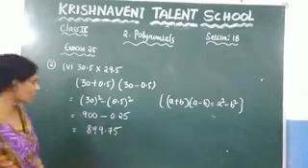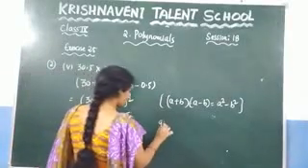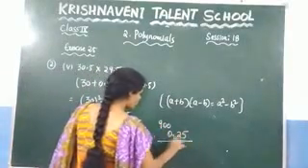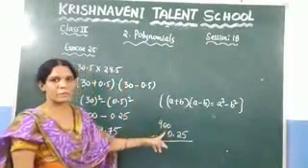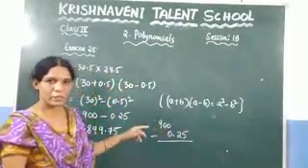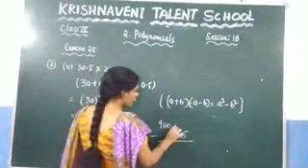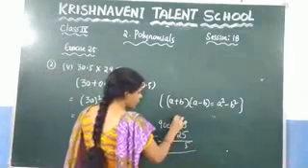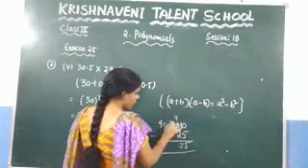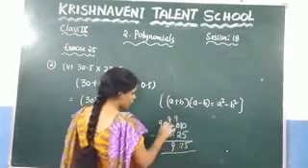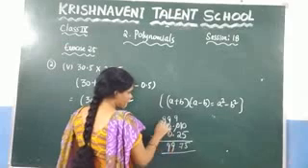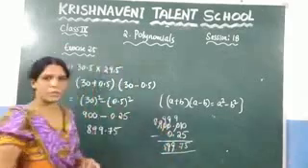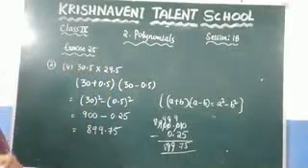Otherwise you can do the normal procedure: 900 minus 0.25. Here you need to keep the decimal point, and after that keep 2 zeros. You know that 10 minus 5 is 5, and after that 9 minus 2 is 7, and here 9, and here 9, and 1 will be removed, so you get 8. So 899.75. This is the answer.